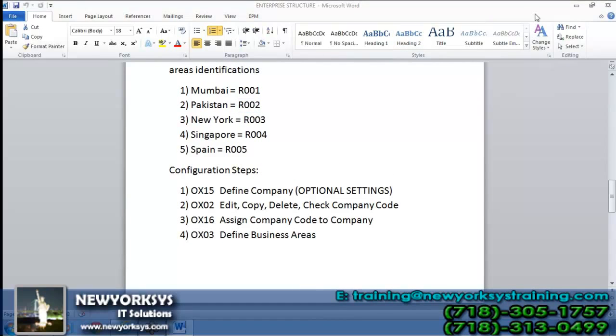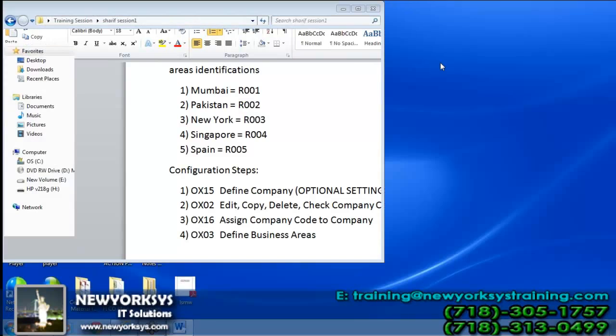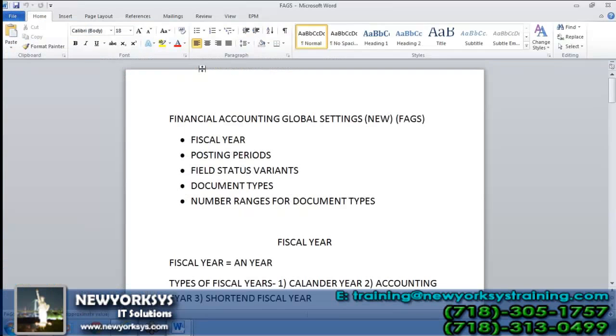Now we'll move a little further into the subject matter. This is financial accounting global settings. Now we are setting up the additional global environment for the configuration part.